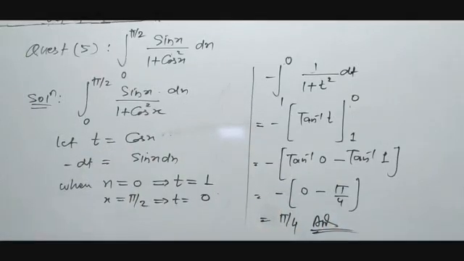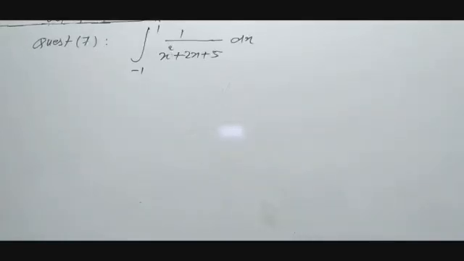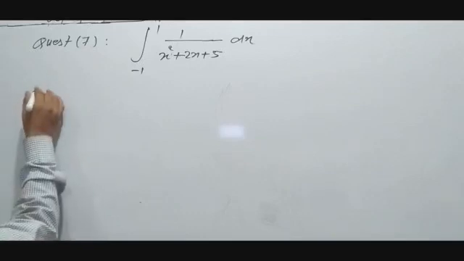Now come to the next question, question number 7. Question number 7 is integration over minus 1 to 1 of 1 upon x square plus 2x plus 5 dx. So now first of all we have to make the denominator in perfect square format. So solution,